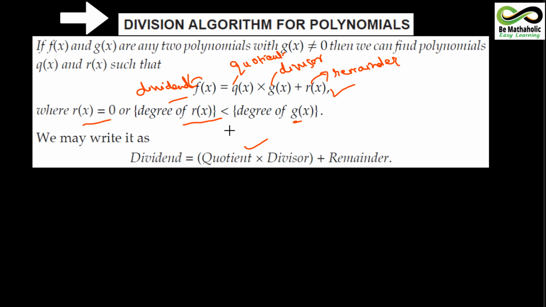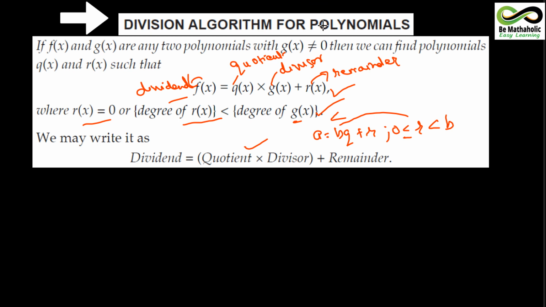In this case, you have gone through Euclid's lemma also, which specifies a equals bq plus r, with the condition that r is greater than or equal to 0 and less than the divisor. The same condition is put for algebraic expressions also. So I hope you are correlating the things you have already been studying. All the key points I have discussed, you must have studied in chapter 2.